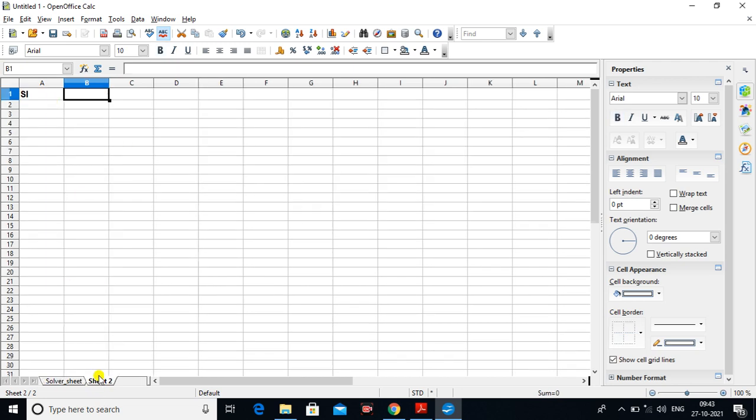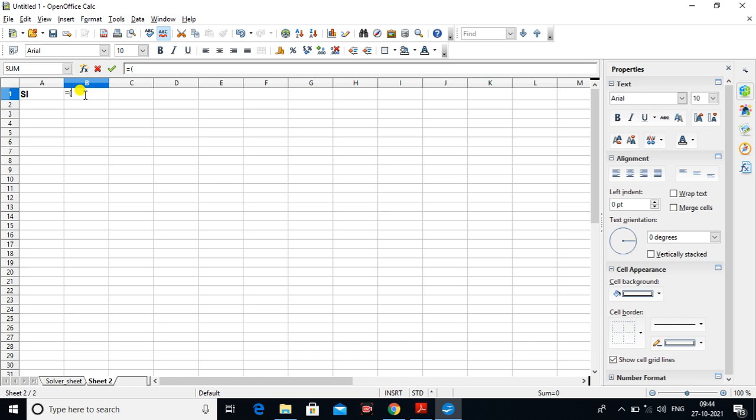So, what I do is, I have some options or methods. I will go to the solver sheet. Here I have to first click the equal to sign, and then the open bracket, and when you are closing the bracket, that is called close bracket.